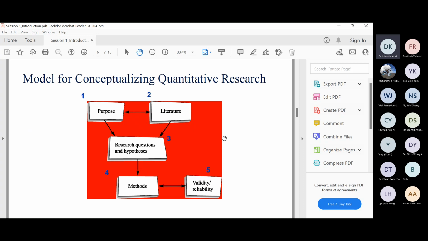We can only come up with our assumption of the end result of the research based on what has been written by previous researchers in many other articles. And then the hypothesis will define the methods, and what kind of methods you will choose is what we are going to cover in the next session. So I'll stop the first session.